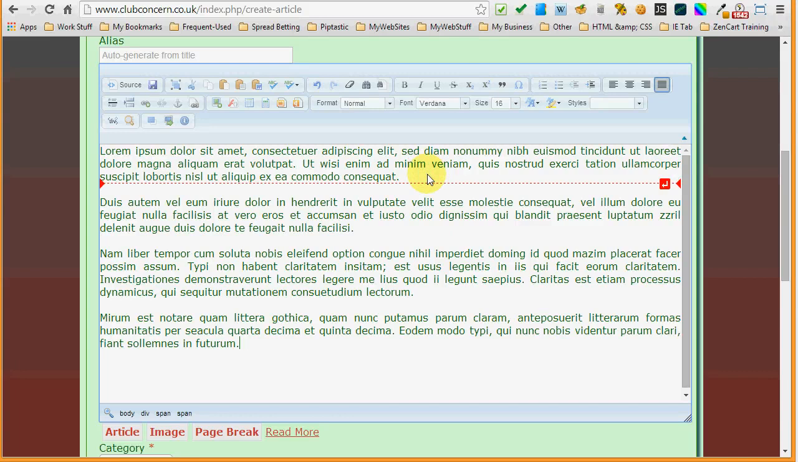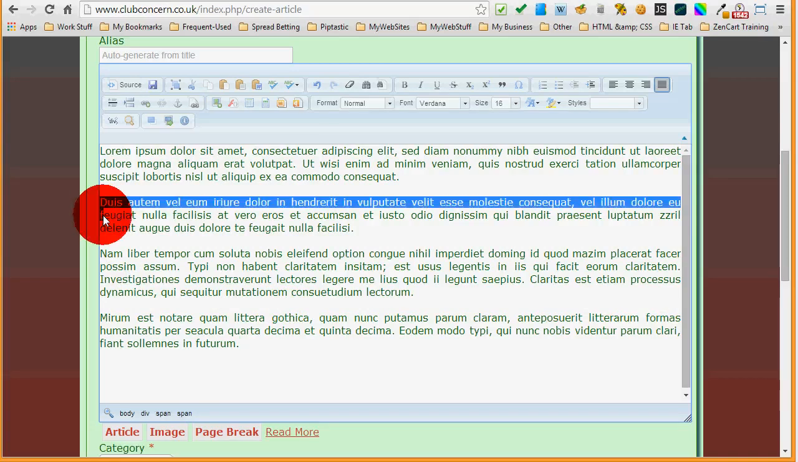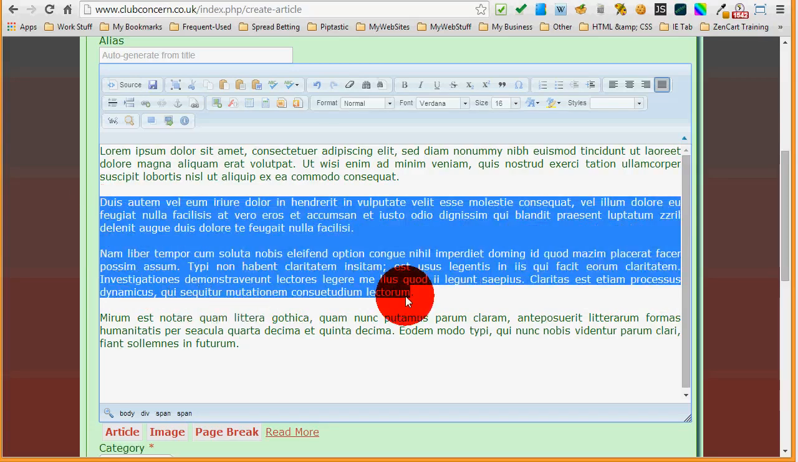Following on from here, you can decide that you need to highlight certain things, you need to make certain things stand out or whatever, to attract your reader's attention. What I'm going to do is take these two paragraphs, highlight them by selecting them with my mouse, and I will click on either the numbered list or the bulleted list icon